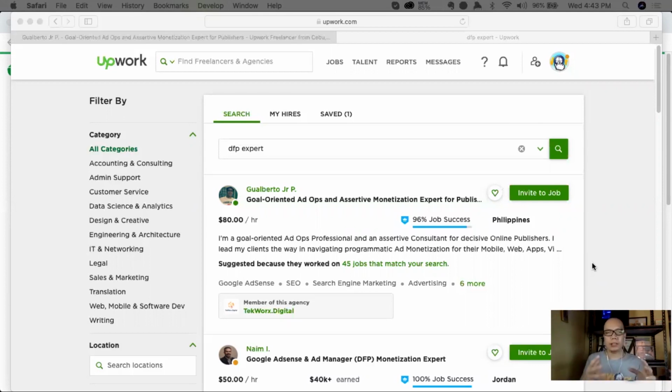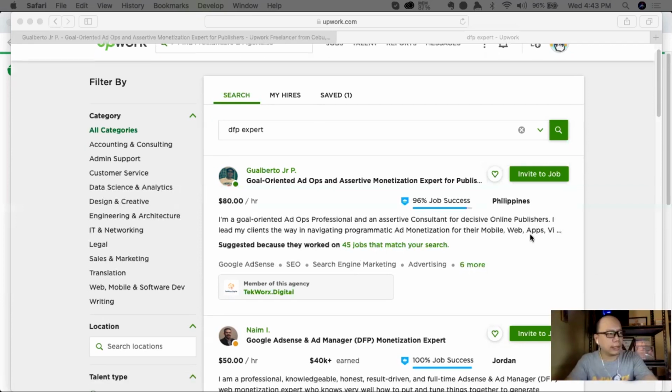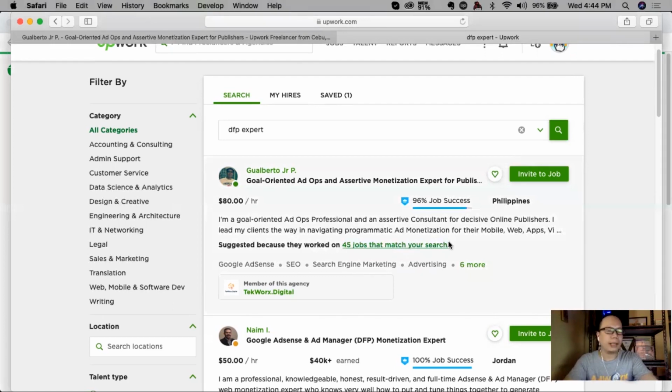So how it works, essentially just tell the client, can you change the title of the job or the project to something like this if it's okay with you? Kasi nga, it adds value to your profile, particularly for SEO purposes. And as you can see here, there's this line that says, suggested because they worked on 45 jobs that match your search. So if the client clicks on this one, diba, yung makikita niya are all those jobs that I have worked on relevant to